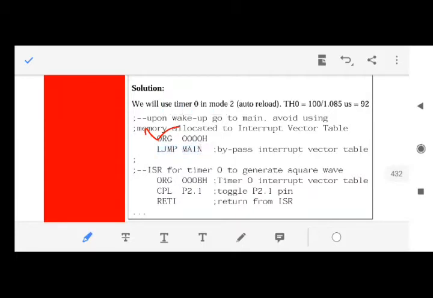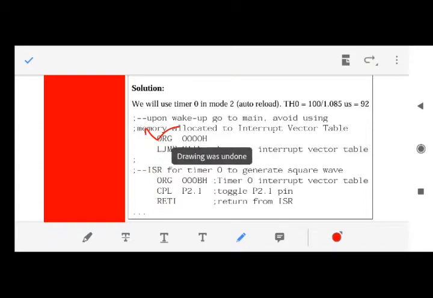That means instead of executing these lines, I am explaining this again and again, what are these lines? These lines are reserved for interrupt service routines of interrupts. So you need not execute this. You want to execute your main program. So what this line is saying is please jump to your main program instead of executing these lines.